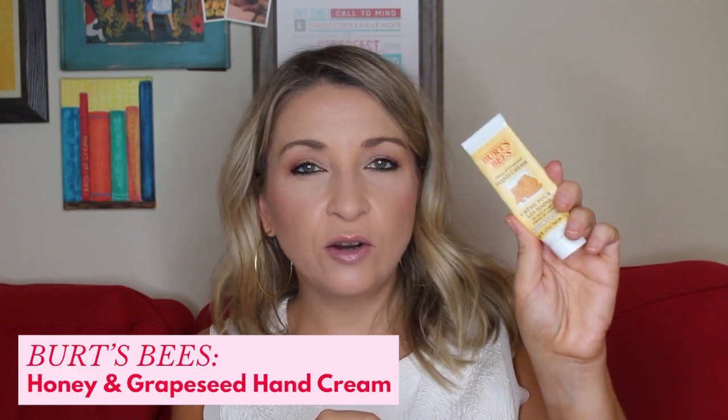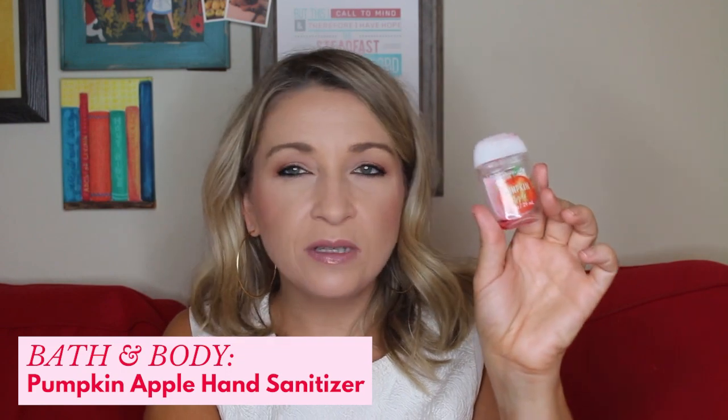Okay, I finished another Burt's hand cream. This is the honey and grapeseed. I've just been putting hand cream on like crazy. I use antibacterial and I put on hand cream. Speaking of antibacterial, I finished the Bath & Body Works Pumpkin Apple. This smells like fall. It reminded me, oh, I've got to get this candle this year. And then some more